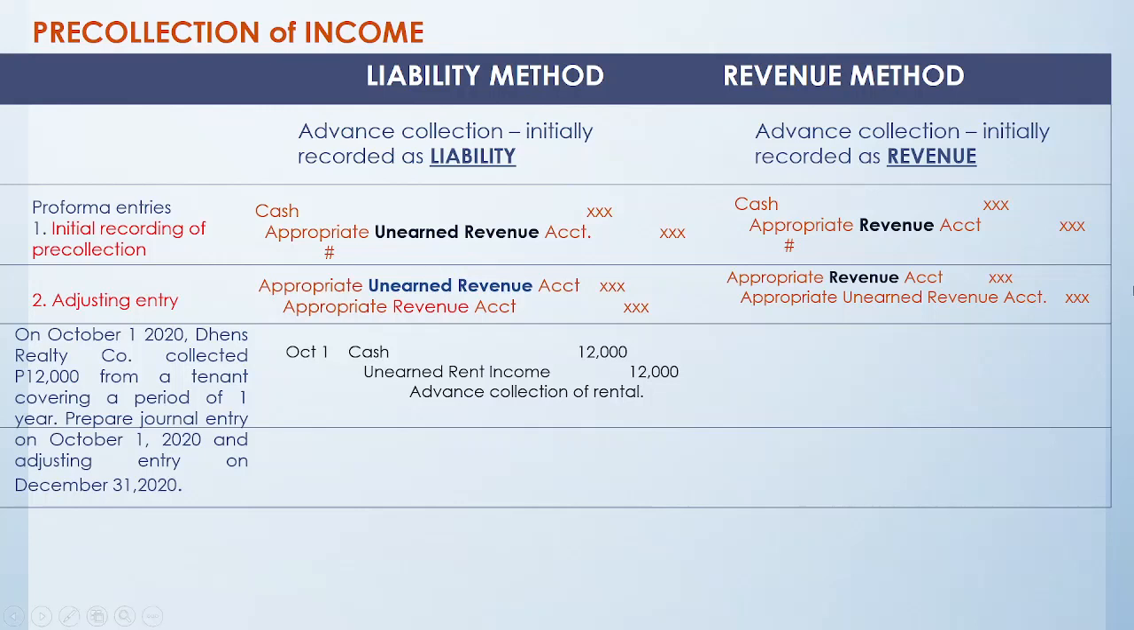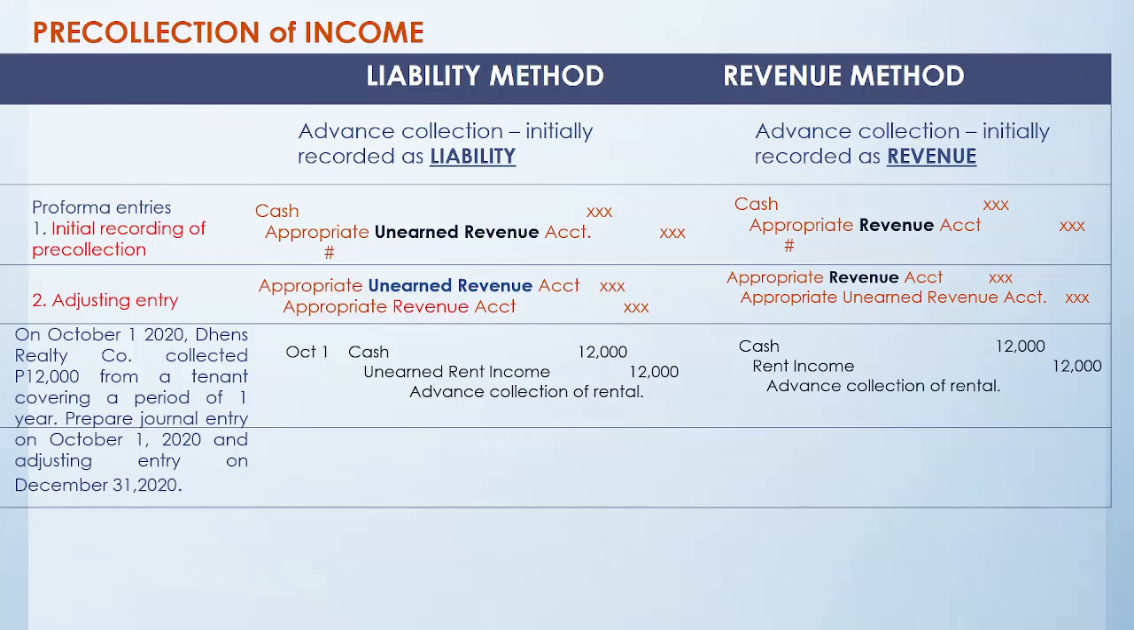Our clue here is that this appropriate liability account is rent. Tenant connotes rental. And using the revenue method, of course, the same debit, but the credit is initially recorded as rent income, a revenue account. At the end of the accounting period as of December 31, 2020, these are mixed